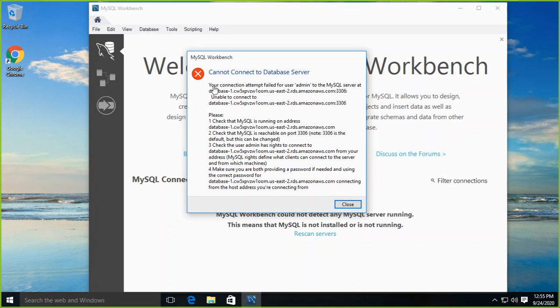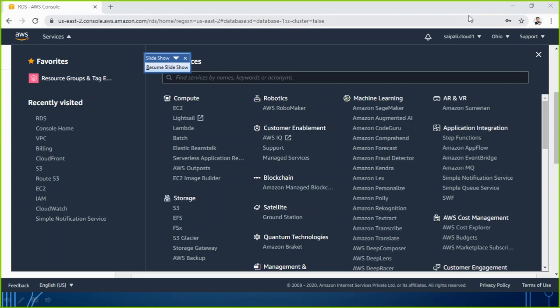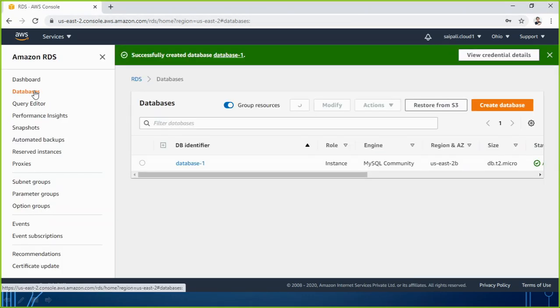It is giving me an error that your connection attempt failed for user admin to MySQL server at the database. Let me show you the reason why we are getting this error.